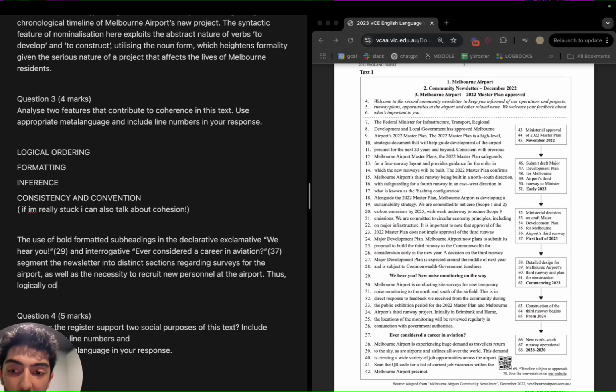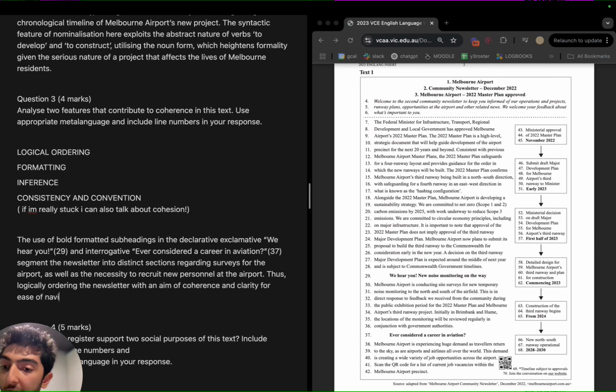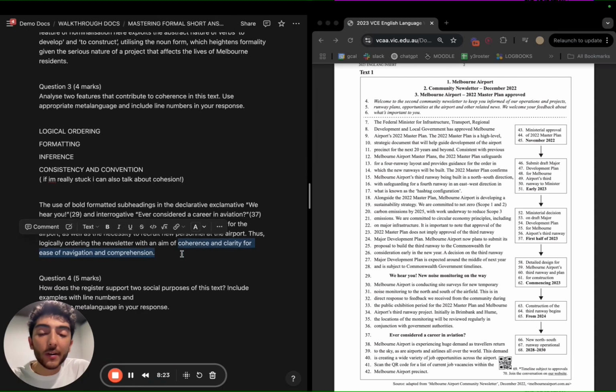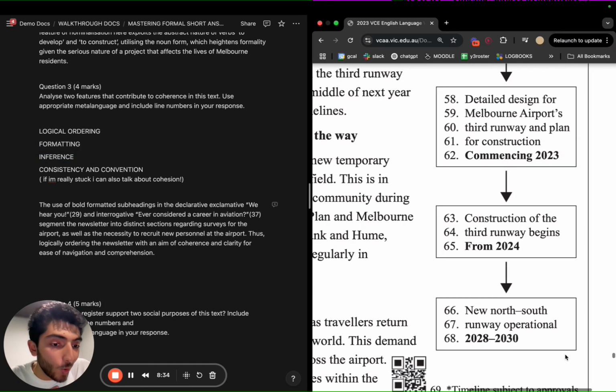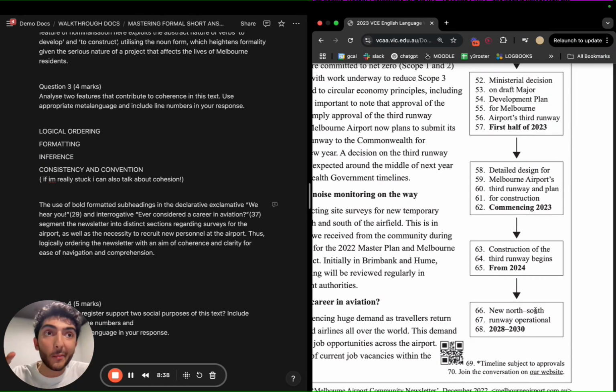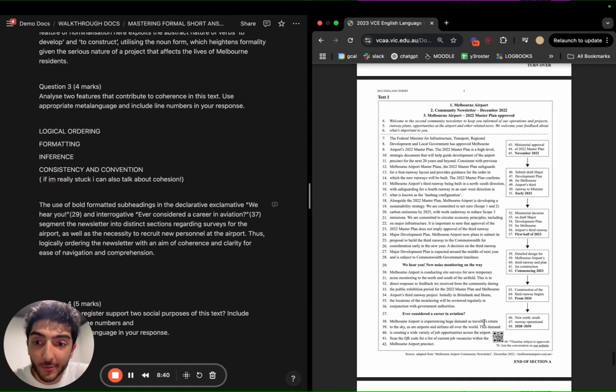Thus, logically ordering the newsletter with an aim of coherence and clarity for ease of navigation and comprehension, right? And these are kind of the key words that examiners want to see to prove that you really understand what coherence is all about. Next, I can talk about inference if we're thinking about new north-south, because north-south implying it's either from the north to the south of the airport or north to the south of Melbourne and so on and so on.